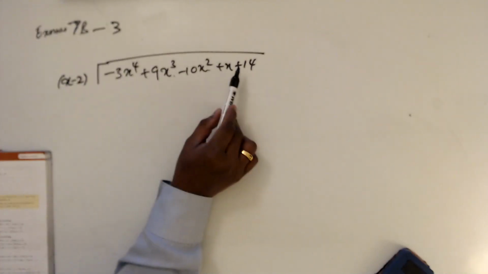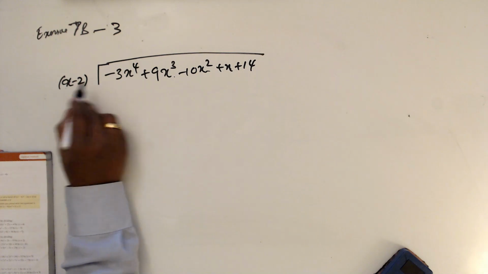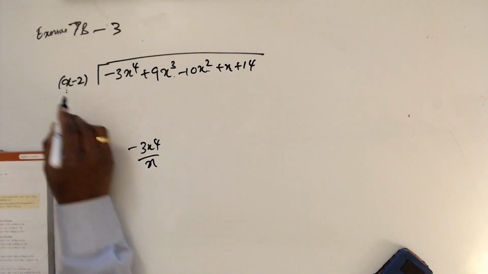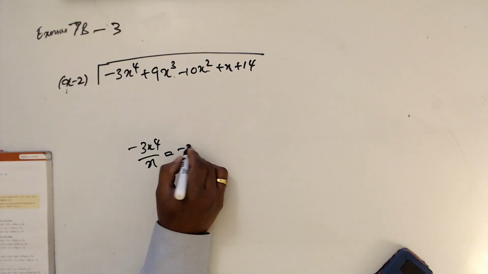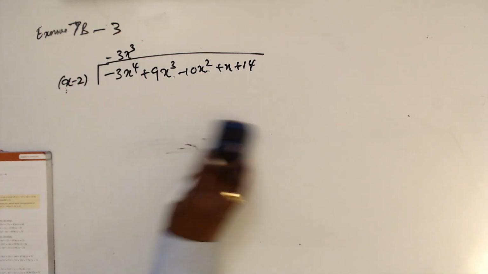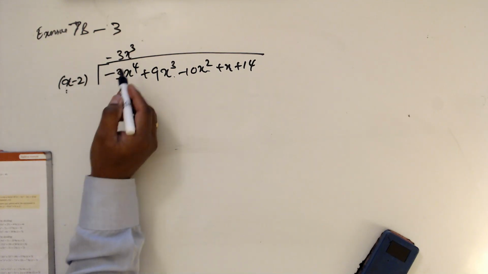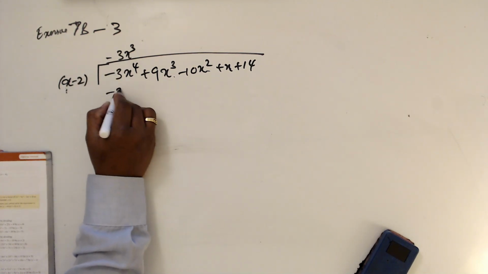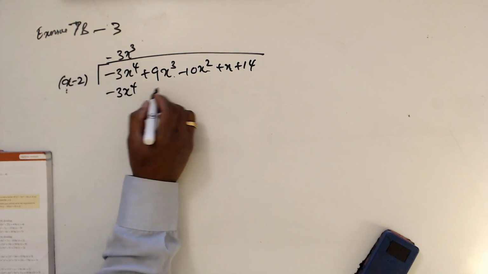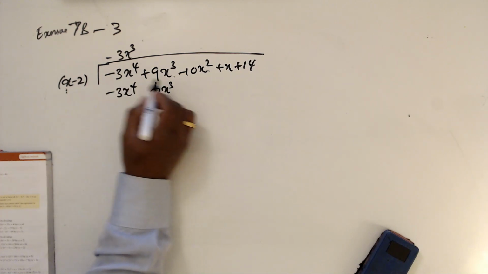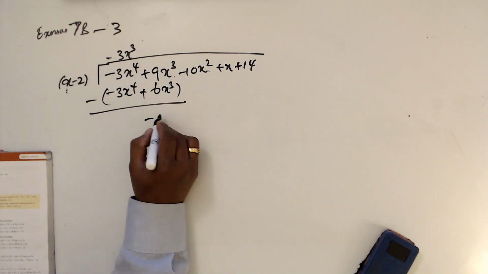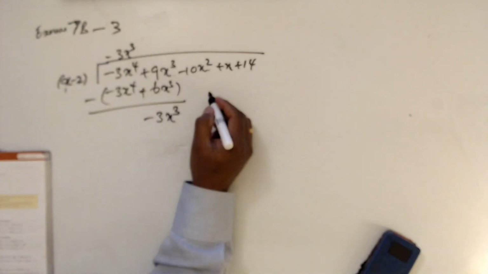Okay, 4, 3, 2, 1, constant. Find how many x go into minus 3x to the power 4. This is x, so this is going to be minus 3x cubed. Then multiply by this one. Minus 3x cubed times x is minus 3x to the power 4. This is going to be 3 times 2, 6x cubed, minus times minus is plus. So you have to minus those two. Answer is 3x cubed. Then bring down